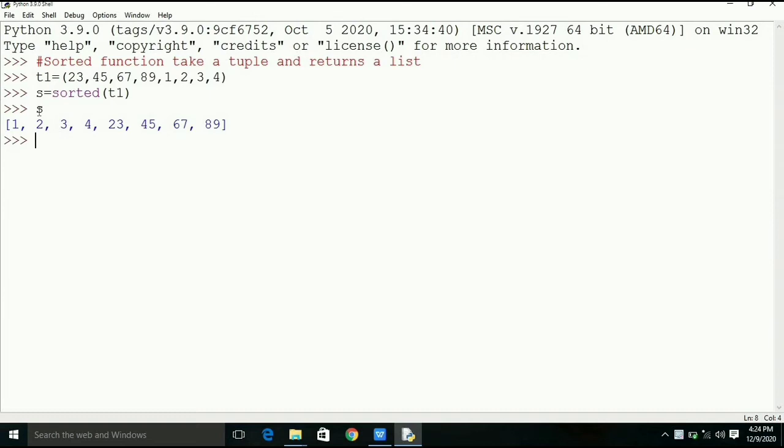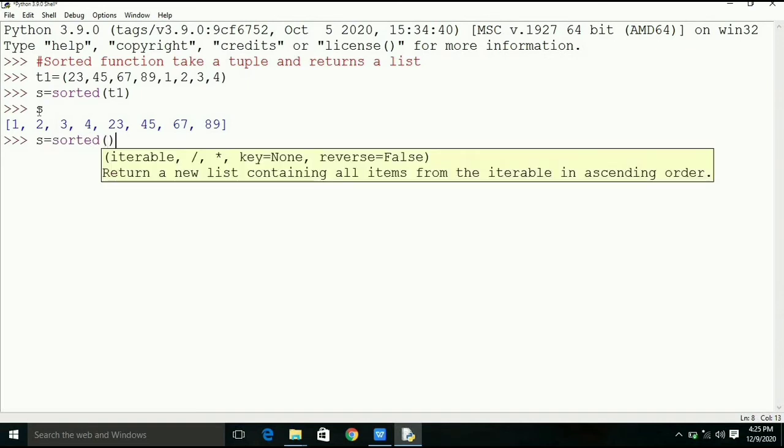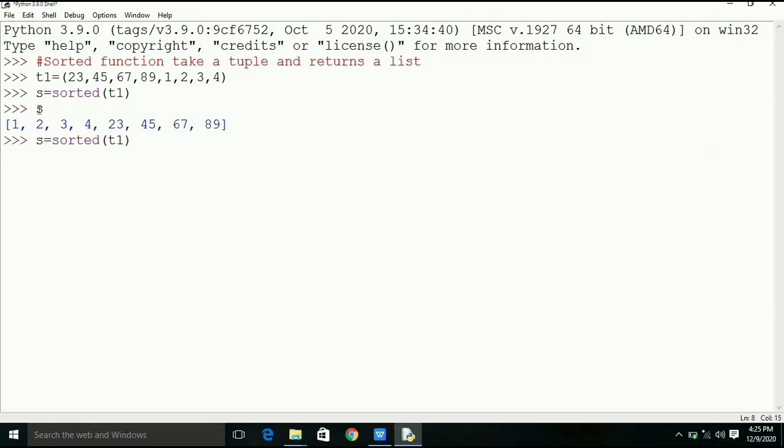S is equal to sorted T1 will give 1, 2, 3, 4, 23, 45, 67 and 89. If we write S is equal to sorted T1 comma reverse is equal to true, then it will give the data in descending order, that is 89, 67, 45, 23, 4, 3, 2, 1.